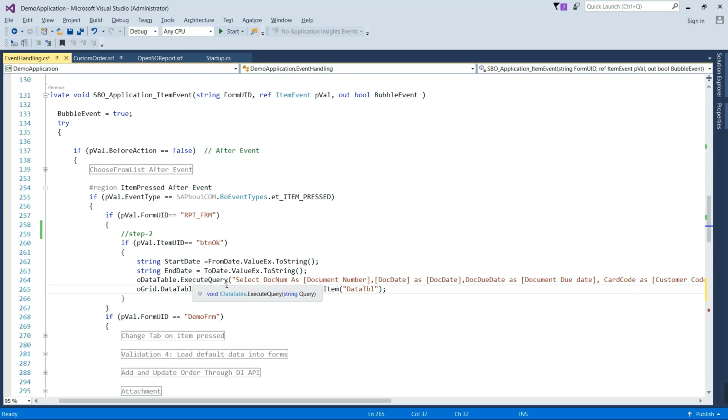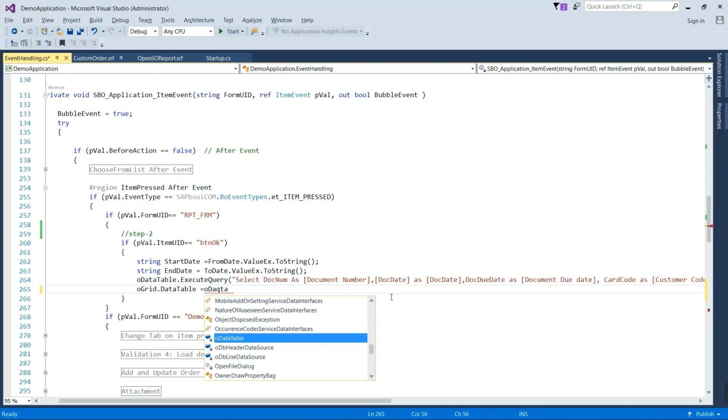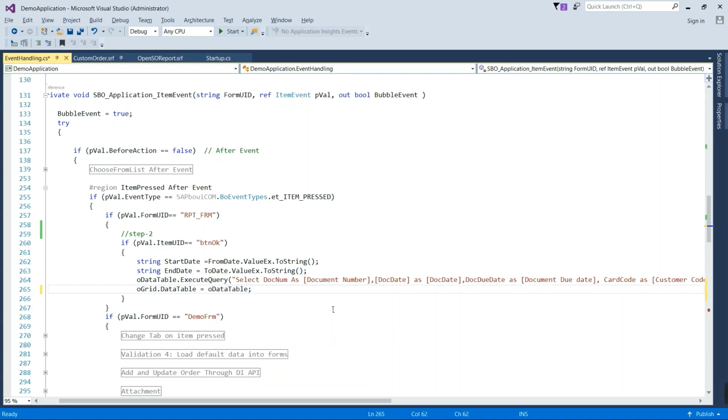and with the help of execute query, the SQL statement will execute and the result data will be set to the data table. And here what we are doing is binding this data table with the grid object. You can see, with the help of OData from the form, you can also directly write OData because we have already created an object. So you can do it like this or you can adopt the first option.